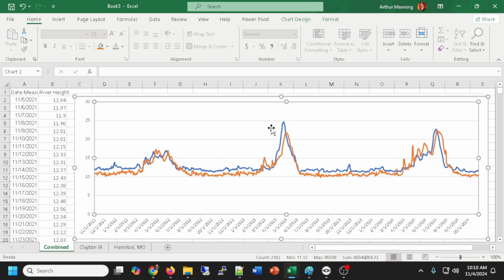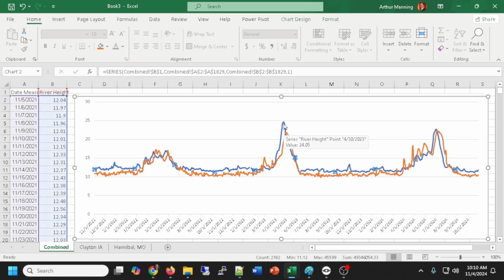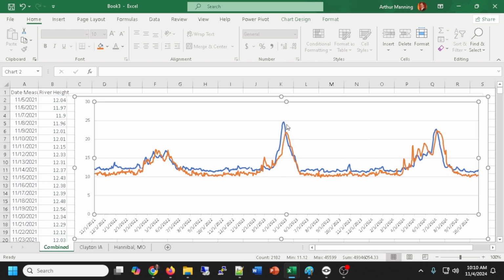Now, what does this show us? Well, Hannibal is not that far from Dubuque, but it does show that there is a delay in that peak in that year. Here it peaked at 5/8/2023. In Dubuque, or north of Dubuque, it peaked at what date? At 4/30. So we see the delay in the peak. How long it takes water to get from here to Hannibal is about 2 weeks. And it's about the same peak, except it's slightly lower. I guess I would attribute that to the lock and dam system that's helping to control the height of the river. It got a little higher there to keep this peak from getting too high there. Here they didn't control it so well, perhaps it's because it was building up over a long